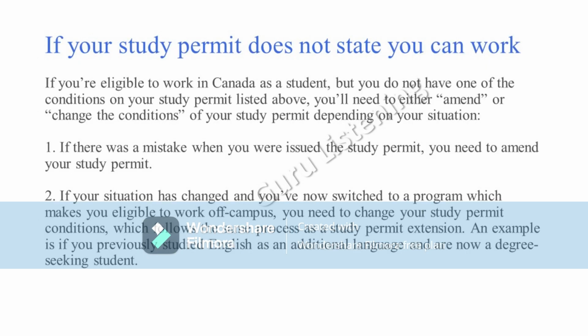If your study permit does not state you can work. If you're eligible to work in Canada as a student, but you do not have one of the conditions on your study permit listed above, you will need to either amend or change the conditions of your study permit depending on your situation. If there was a mistake when you were issued the study permit, you need to amend your